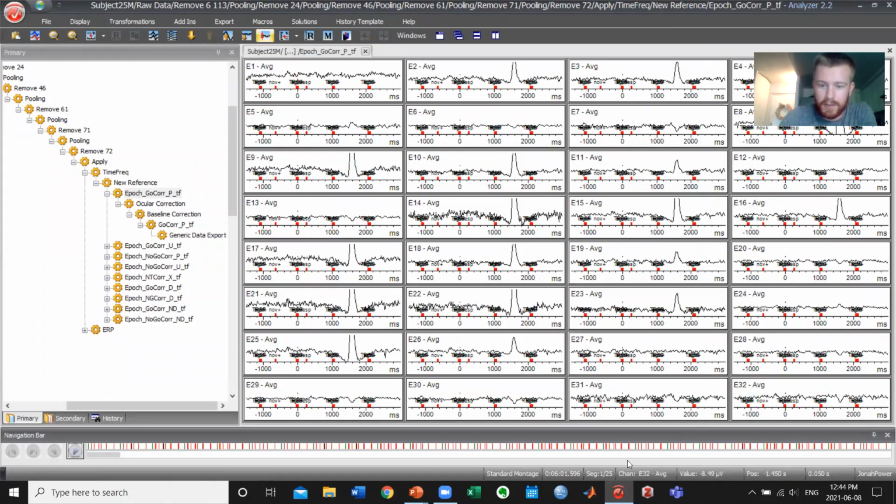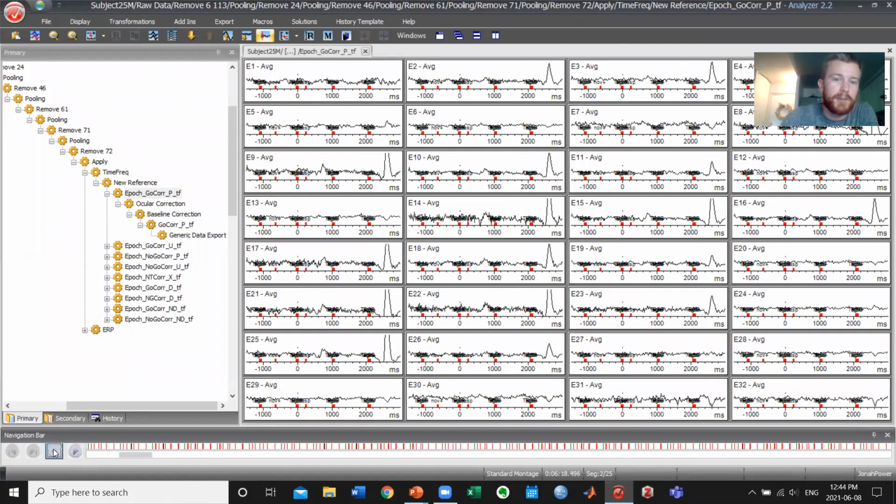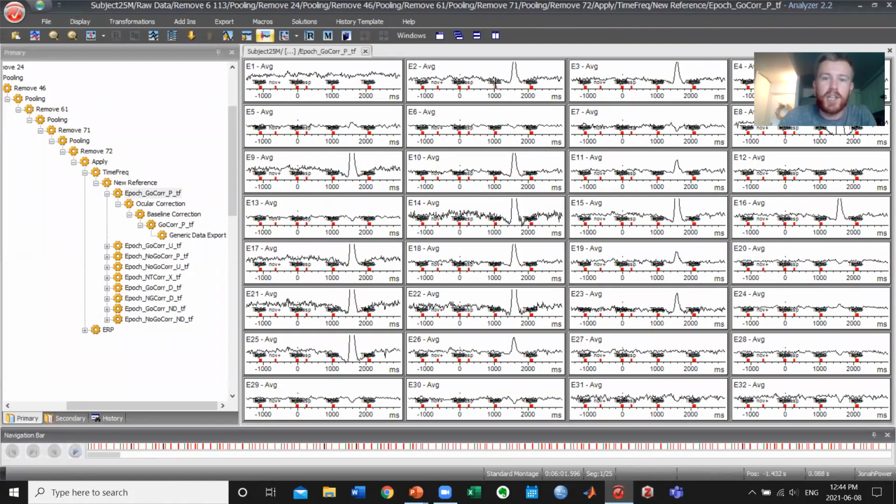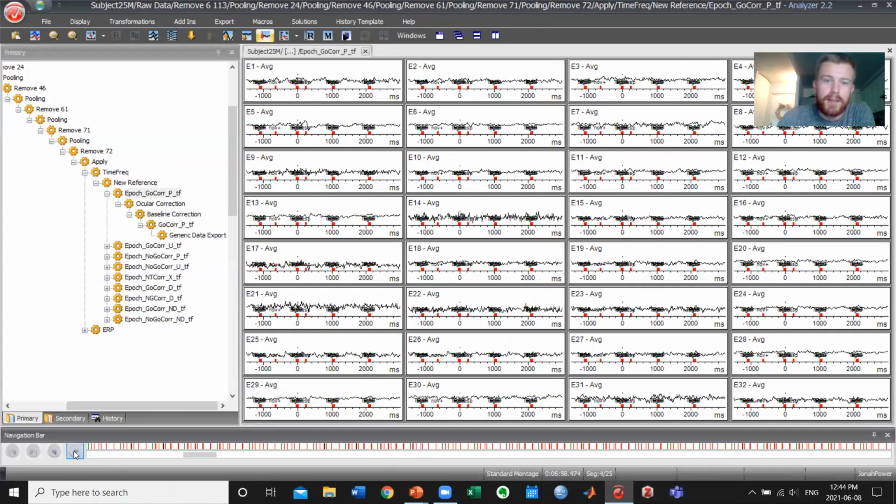I believe there's 25 trials here. I can flip through them like this, and you can see immediately that lots of these channels have distinct blinks in them, or I would assume these are blinks just based on the nature of their activity. That's kind of how it works. We just assume they're blinks because they show that distinct waveform. So we can see by looking at these segments that there's lots of blinks, and now we want